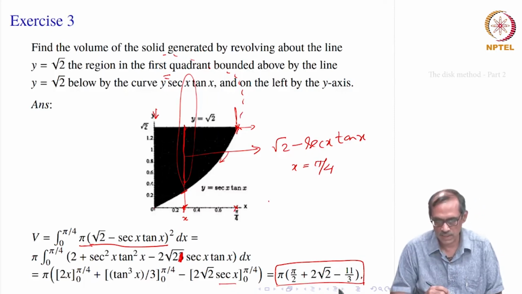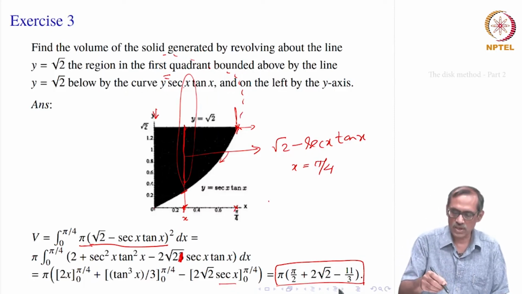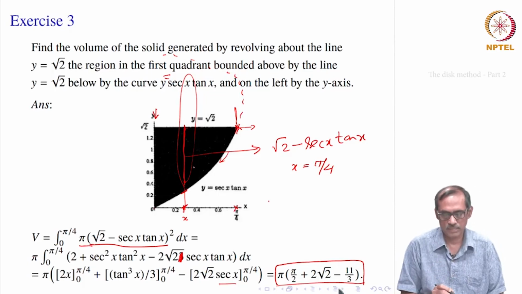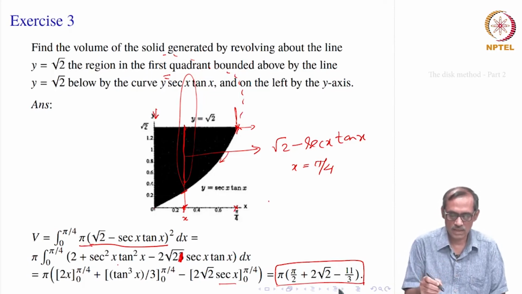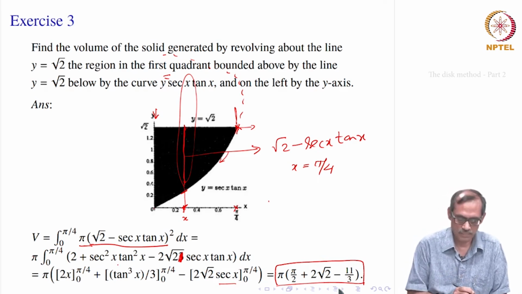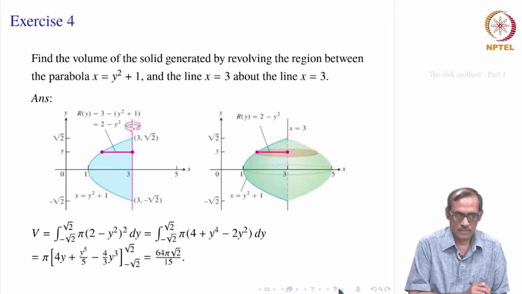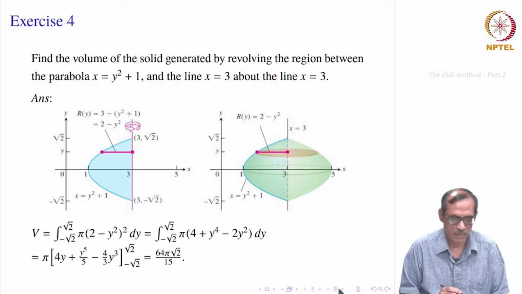So, you see it is pretty straightforward, though it is called the disk method. Always you have to think of the slice method, but the only thing is that the cross sectional area becomes a disk, that is why the name. Okay. Let us see the next problem.